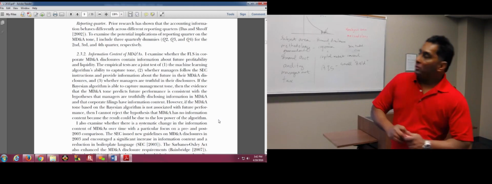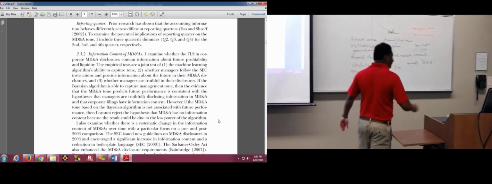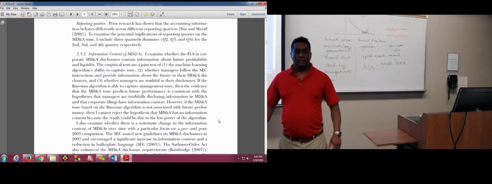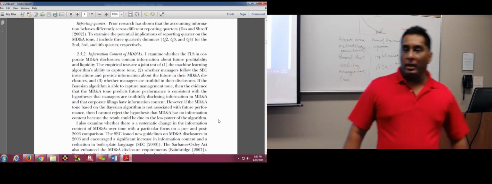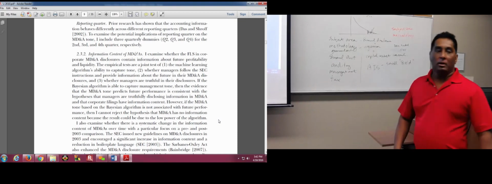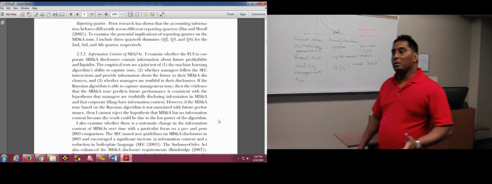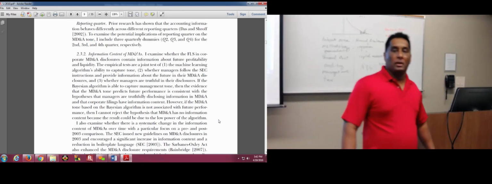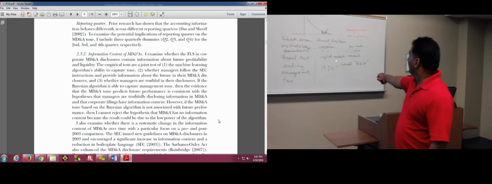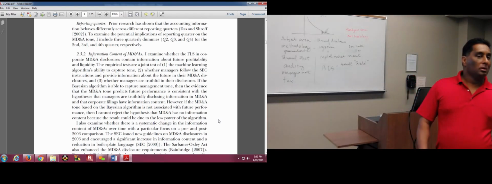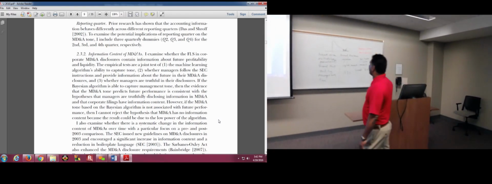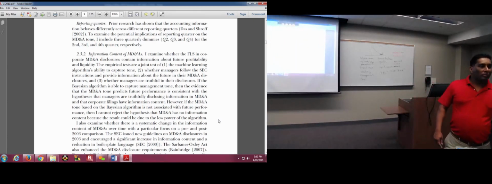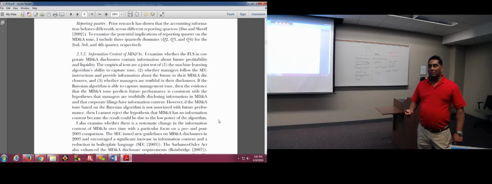Now, this chap could have done two things. He could have done what someone like Kevin does, which is say, I'm using text analysis, that's a methodology, and therefore I am in AIS. He could have done that, but he chose not to. He said, I am in capital market research, and one of the tools I'm using in capital market research is technology. That was really clever of him. That's how he got this published in JAR.